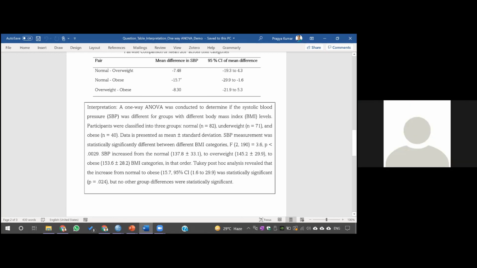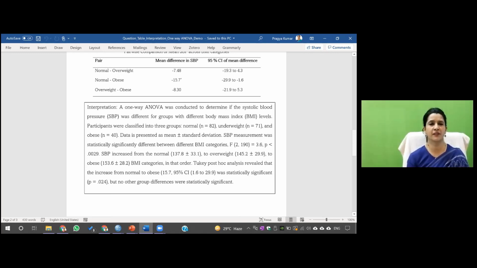Ma'am, is there any specific sample size that we should have to apply ANOVA? For example, if we have a very small group of, let's say, 35 or 40, can you apply ANOVA even in that case? Actually, they say that if there are more than 6 in each group, you can apply that, because otherwise the arms will not be equal.